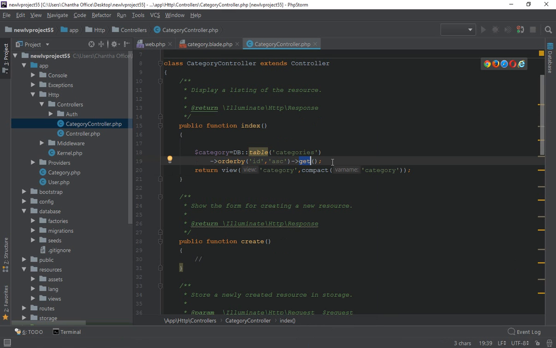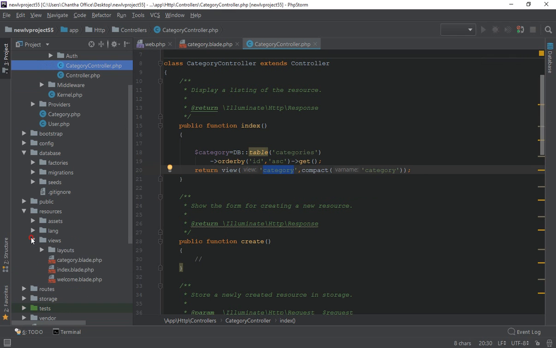Get means select all data from the table category. After that I return a view. I return category, because category is the file we have in the view. And compact means extract the array from